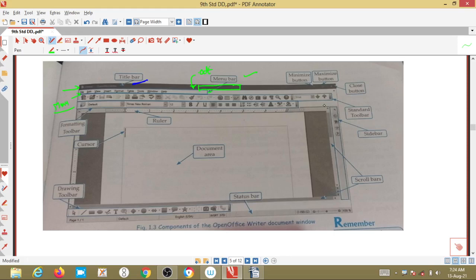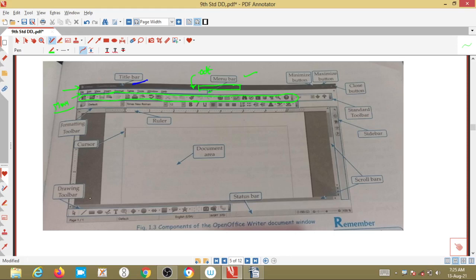Every time if you want to cut, or move, or do undo operations, or save the file, or open, we would have to go to the menu bar and then to that particular menu. Suppose I want to copy certain text we have written here, then we have to go to Edit, then go to Copy, and do all those steps. Instead of that, there is a bar called the standard toolbar, where the commonly or regularly used menus are placed. Clear now?